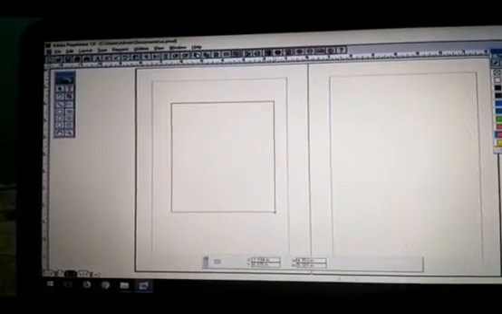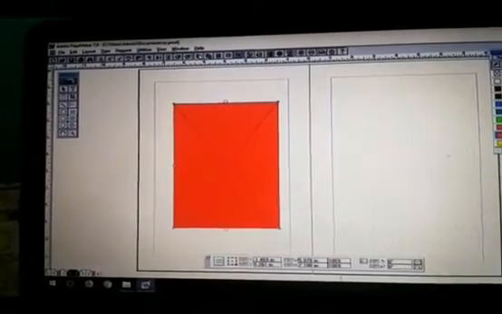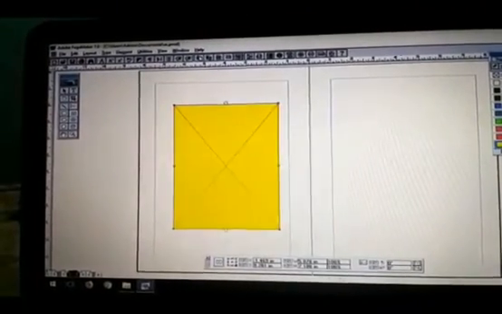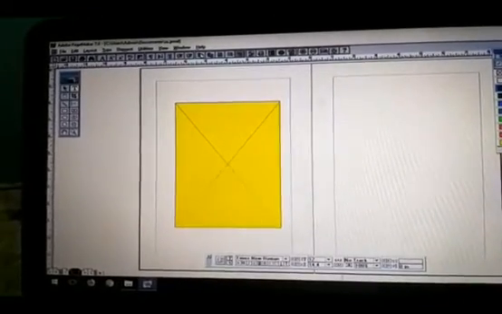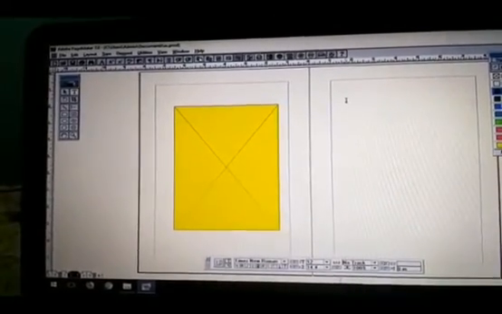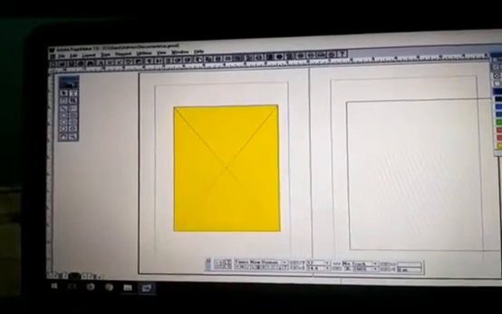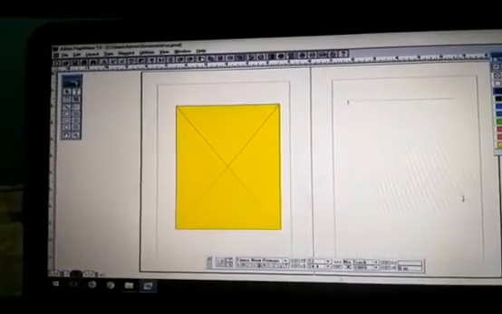Once again I am doing it. I am deleting everything. First we are going to create a frame, and then we are going to create a text. I'm going to add some text.